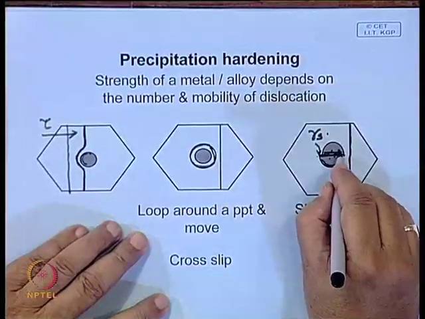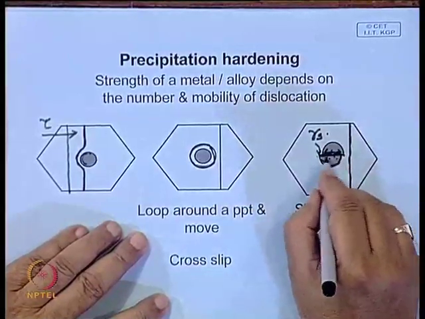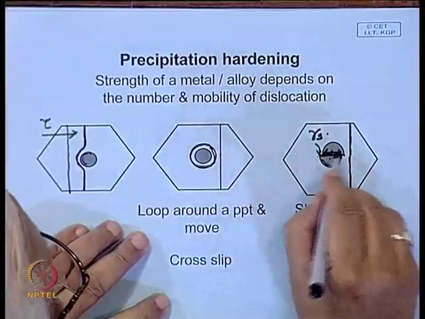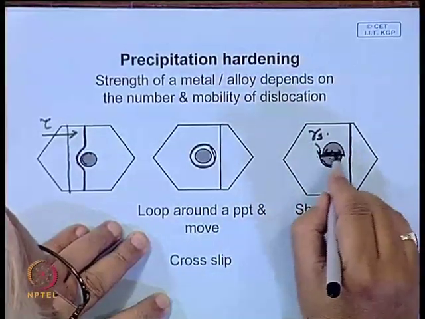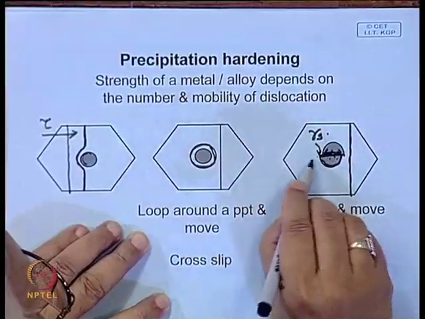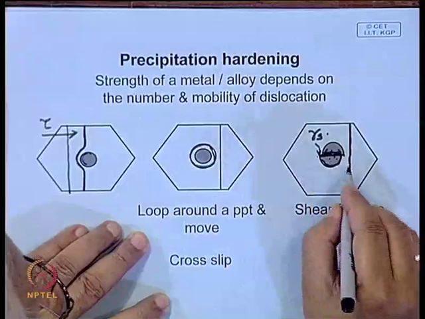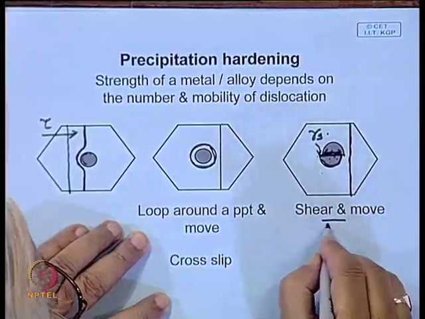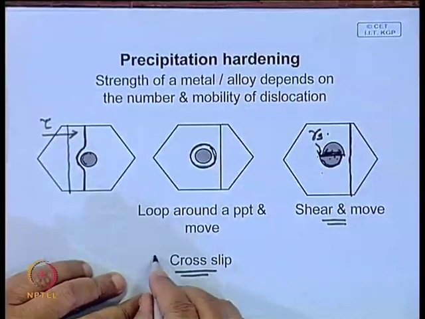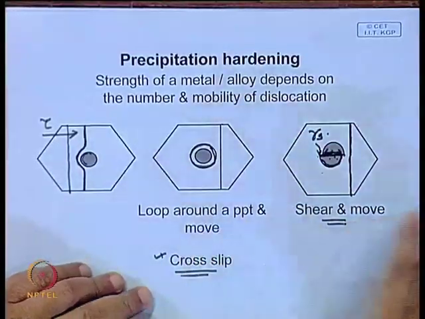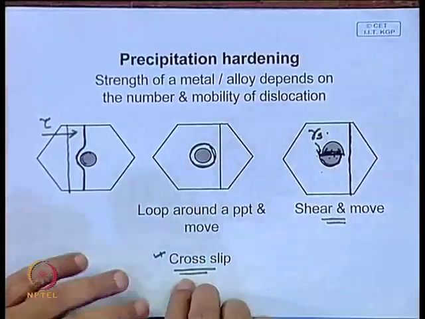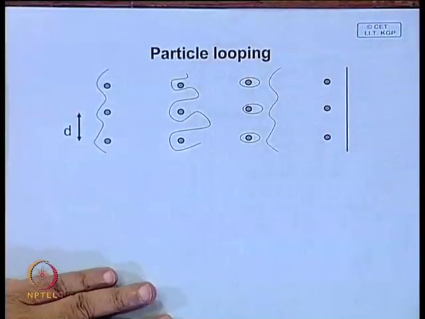So, to slip or shear the precipitate, you need a sufficient amount of stress for this to happen. This is the other mechanism. There is also a possible mechanism, cross slip, but we will not consider it here. I think these two are the most important to understand the process of